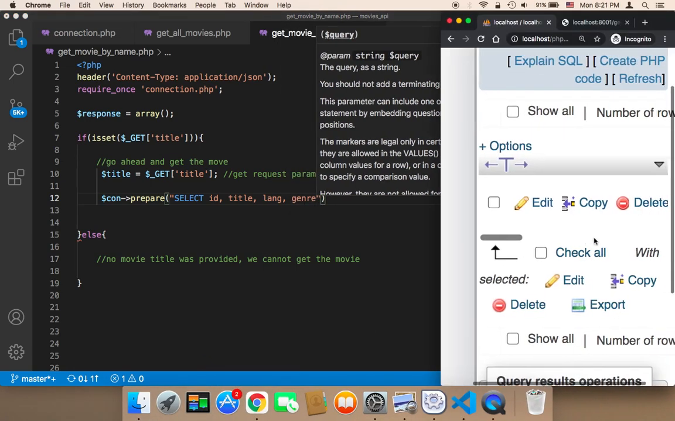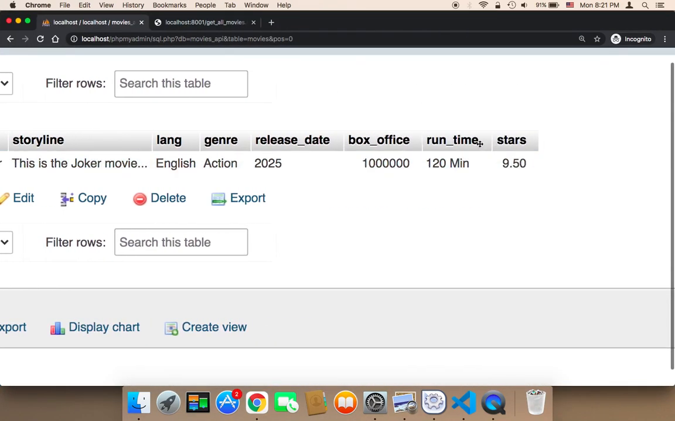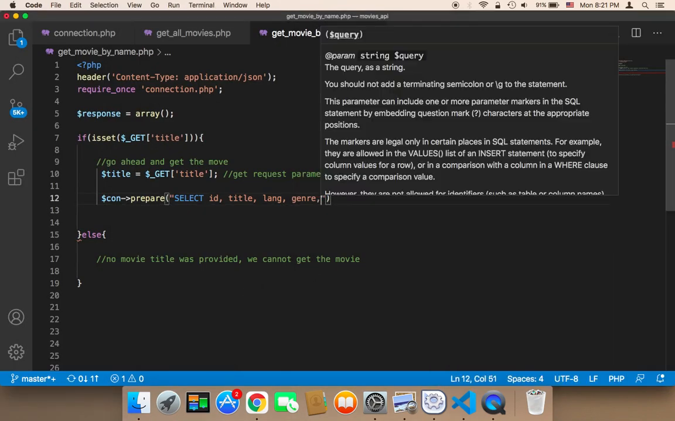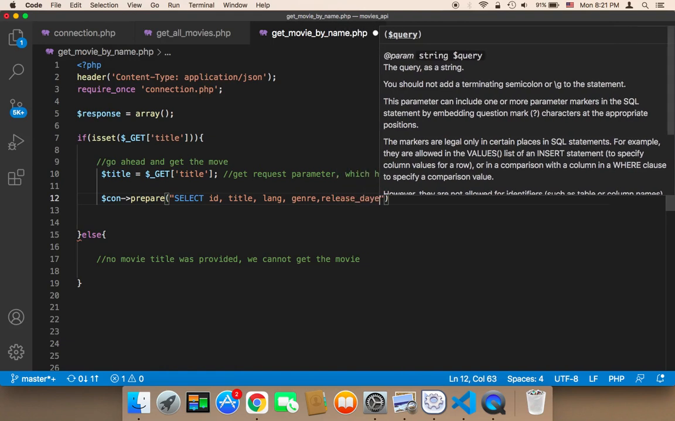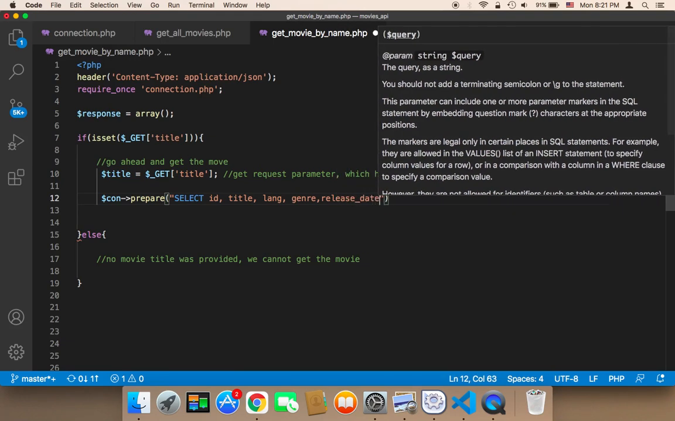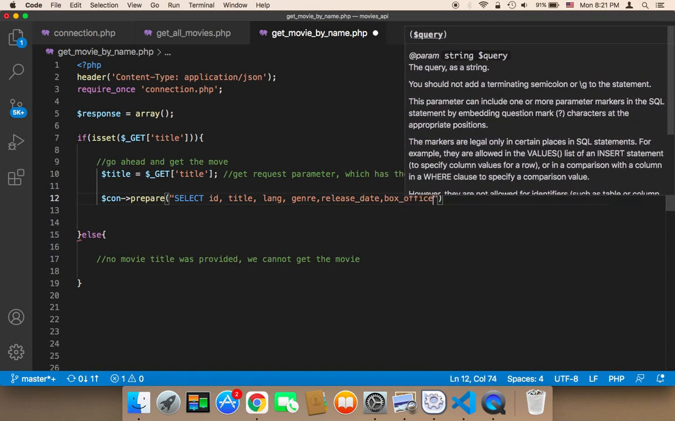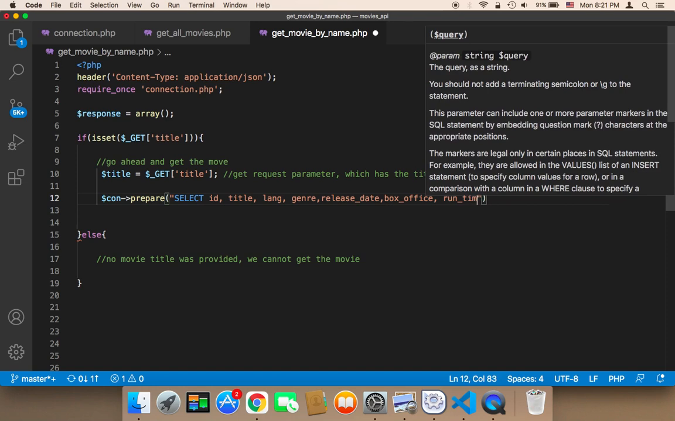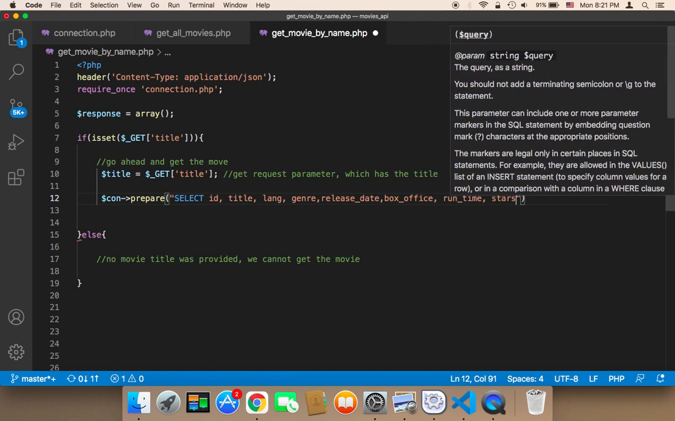Let me check the database. So in the database, we need to get all of these. We need to get the language, genre, release date, box office, run time, and the stars. So here genre, and then we also want the release date. We want the box office, the runtime, run_time, and we want the stars. And we want all of these from